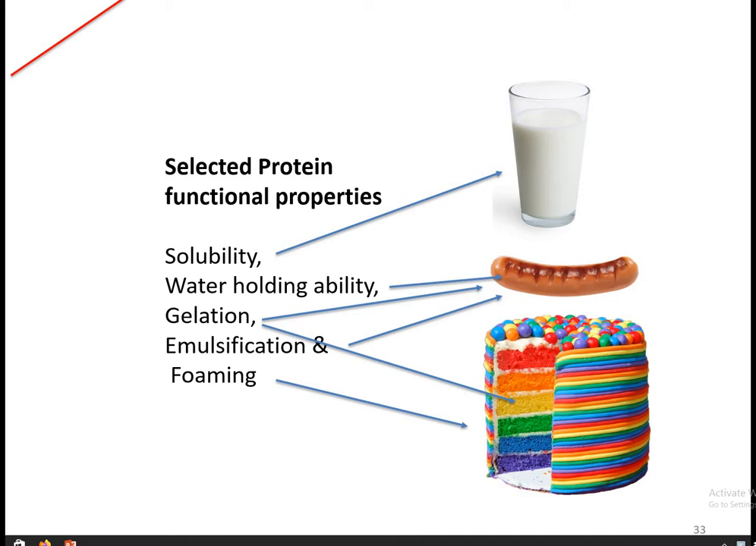white, it's going to form gels in the cake such as this. Emulsification is important for products like sausages and burgers, and then foaming. If you use egg white, again it forms foam that will make the cake higher in volume, softer to eat. So we start with